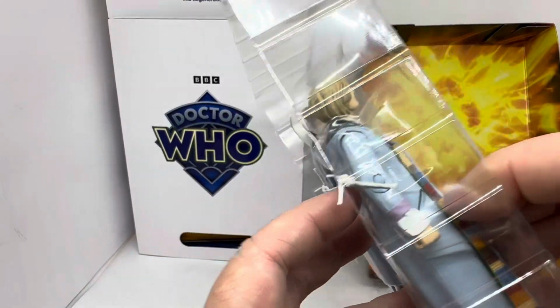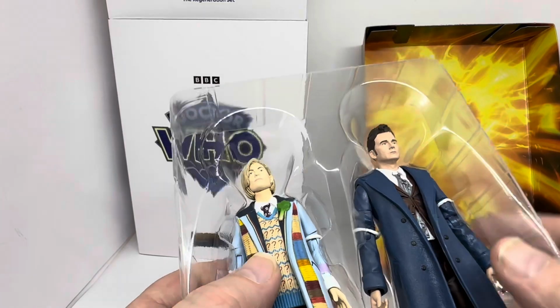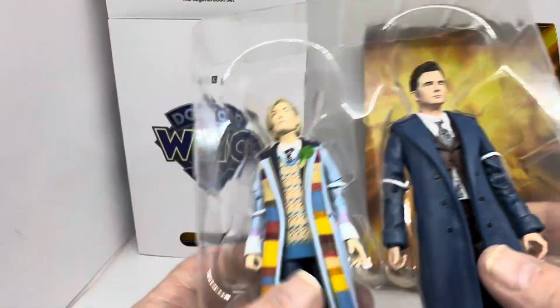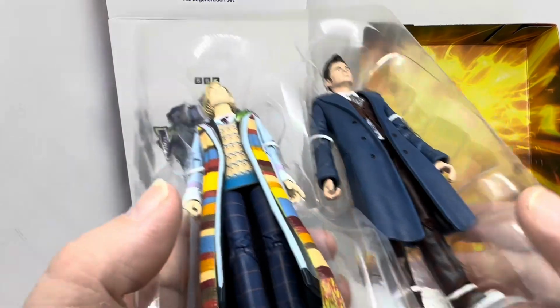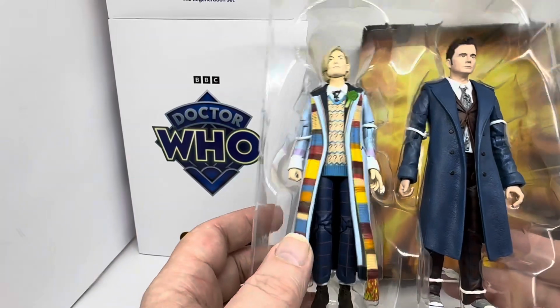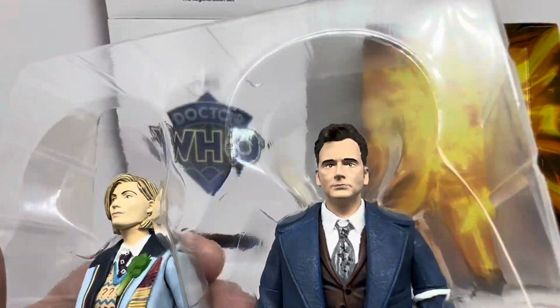Articulation, well, we've got the usual articulation with these figures. Actually, there's no articulation on the head, but no, there is. So you've got the head articulation, the shoulders, the elbows, the arms, and the legs, the knees, but no articulation on the feet. Okay, so that's Jodie Whittaker, and then we go over to the 14th Doctor, which is obviously